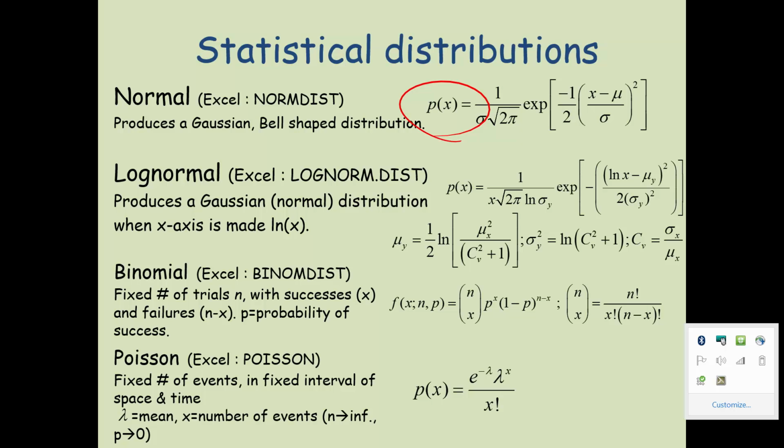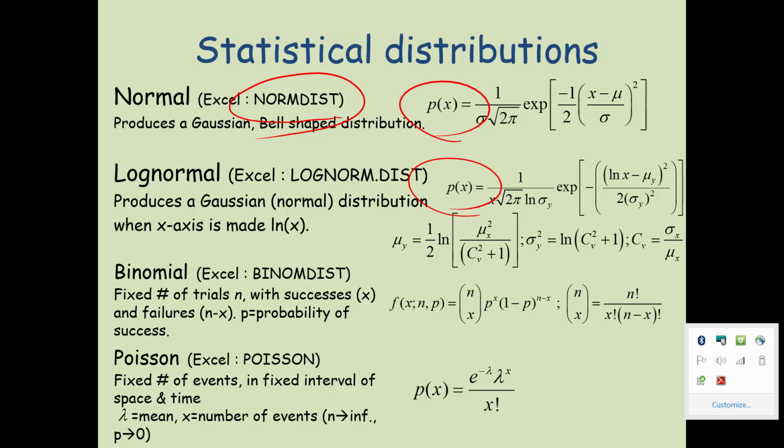What's nice here is that Excel has a function called NORM.DIST that allows you to evaluate the values of the function. We'll probably have an opportunity to show some of that in class and in lab. A second probability distribution function, P of x, that we might look at would be the lognormal distribution function, this one right here,